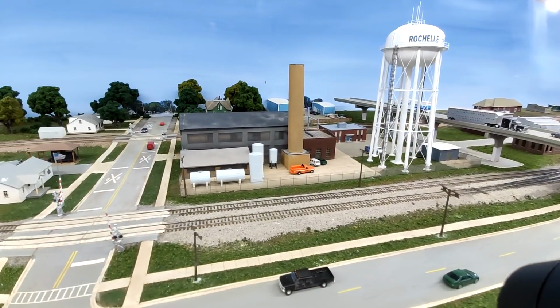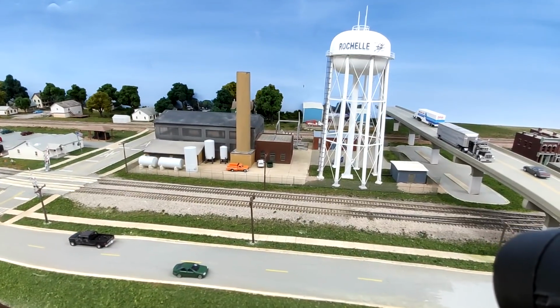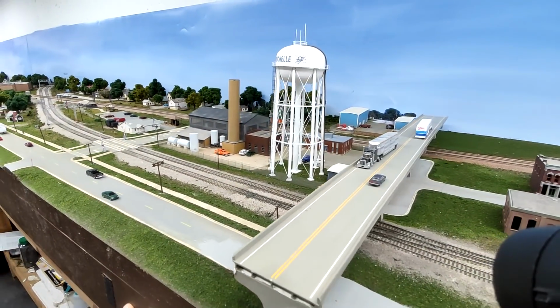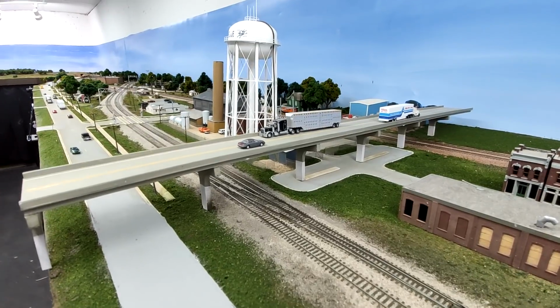Now, I have actually modeled Rochelle before on a previous layout. I had a layout that I built together. I called it the Rochelle Sub between 1997 and 2008. And so a lot of these buildings I put together and assembled